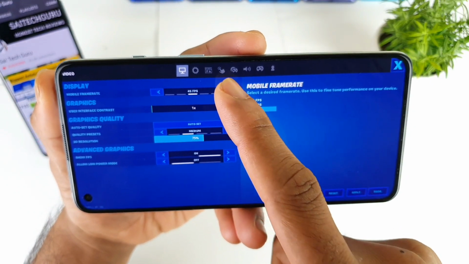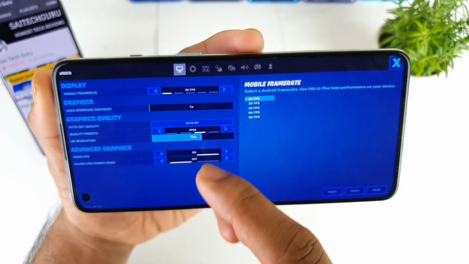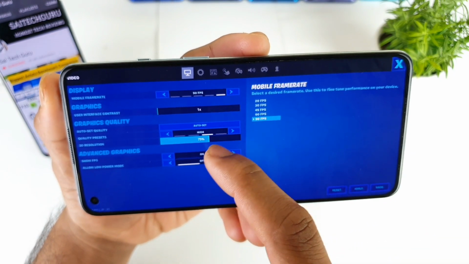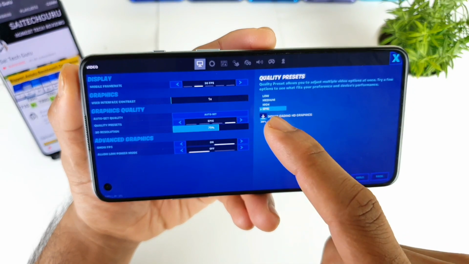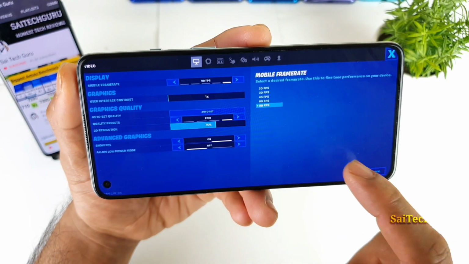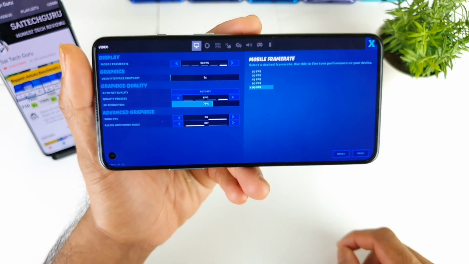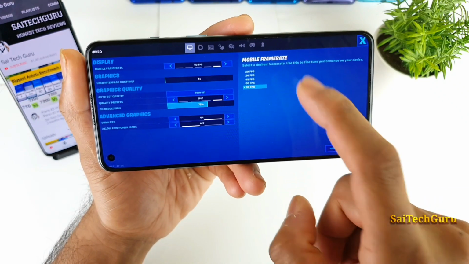With the medium settings you can change up to 90 FPS, and even with the high settings you can set 90 FPS. Let me select the epic settings. As you can see, even with the epic settings you can set 90 FPS as well.